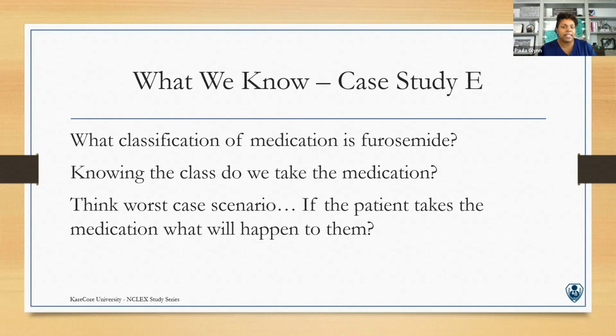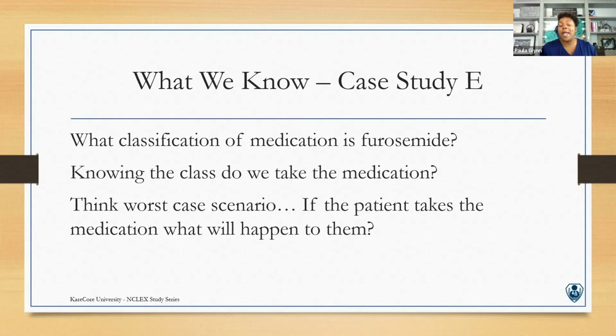Now, the other thing is that we did do a full basic metabolic panel. The other thing that we actually looked at was their potassium level. Understanding that this is a diuretic, but understanding the effect that furosemide has on the body and on the electrolytes is very important at this point. I always say where the urine goes is where the potassium goes. So that's something to think about. The potassium level was 2.9. What is the normal potassium level? We know that the normal potassium level needs to be at least 3.5